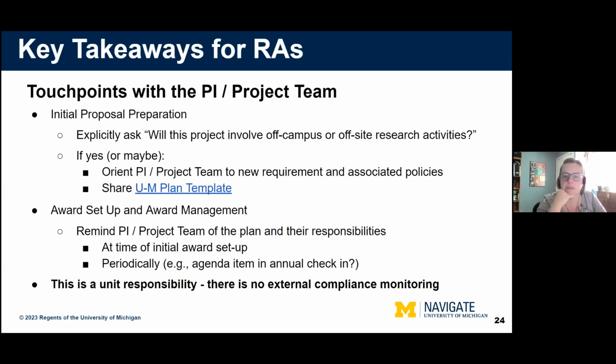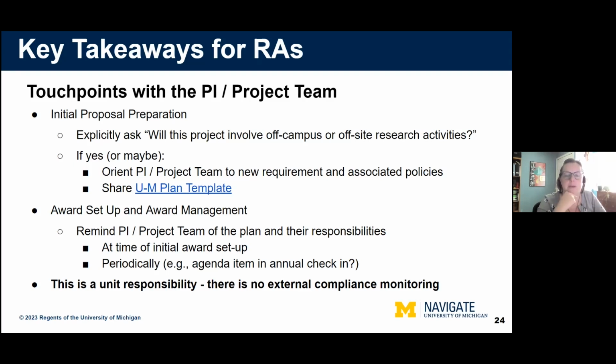PI project teams. And again, we want to point out that unlike IRB or M-Inform, export controls, data management plans, et cetera, that are all monitored by compliance units or specifically provided to and approved by NSF, there's no external monitoring at this time for these plans. And there's a good faith expectation that the project team will implement and follow the plan.